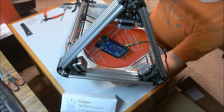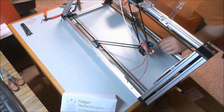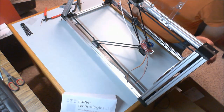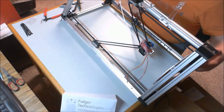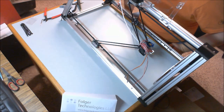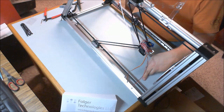Now when you put on the heated bed, you will use spacers because the heads of the screws that hold on the Arduino Mega will stick out and be a little bit proud of the surface of the acrylic. So your spacers will be used to stand off the heated bed a little bit so that there's clearance for the bolt heads, because you don't want those pushing into your circuit board that makes up the heated bed, because that's bound to short at some point. So again, we use 3 spacers on our heated bed,